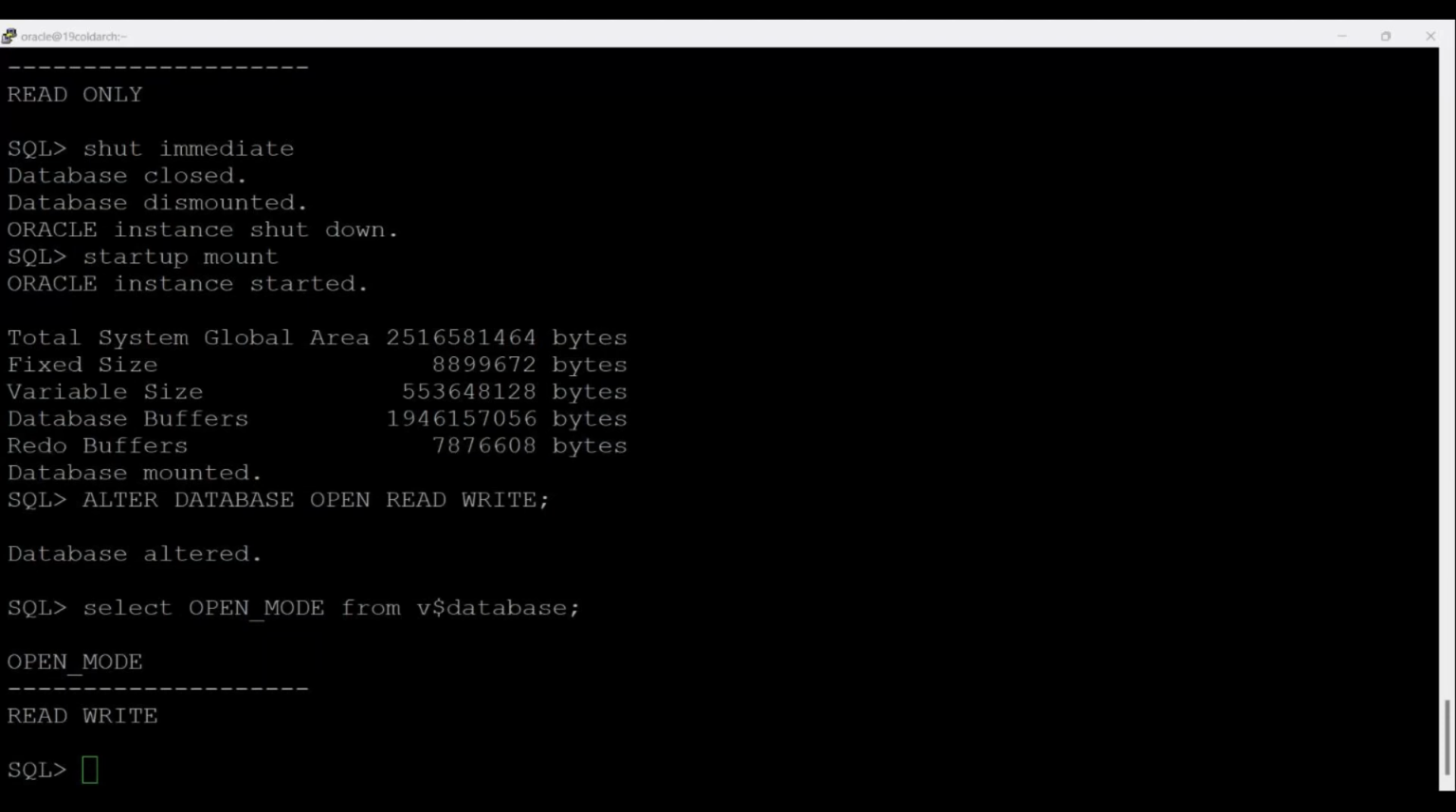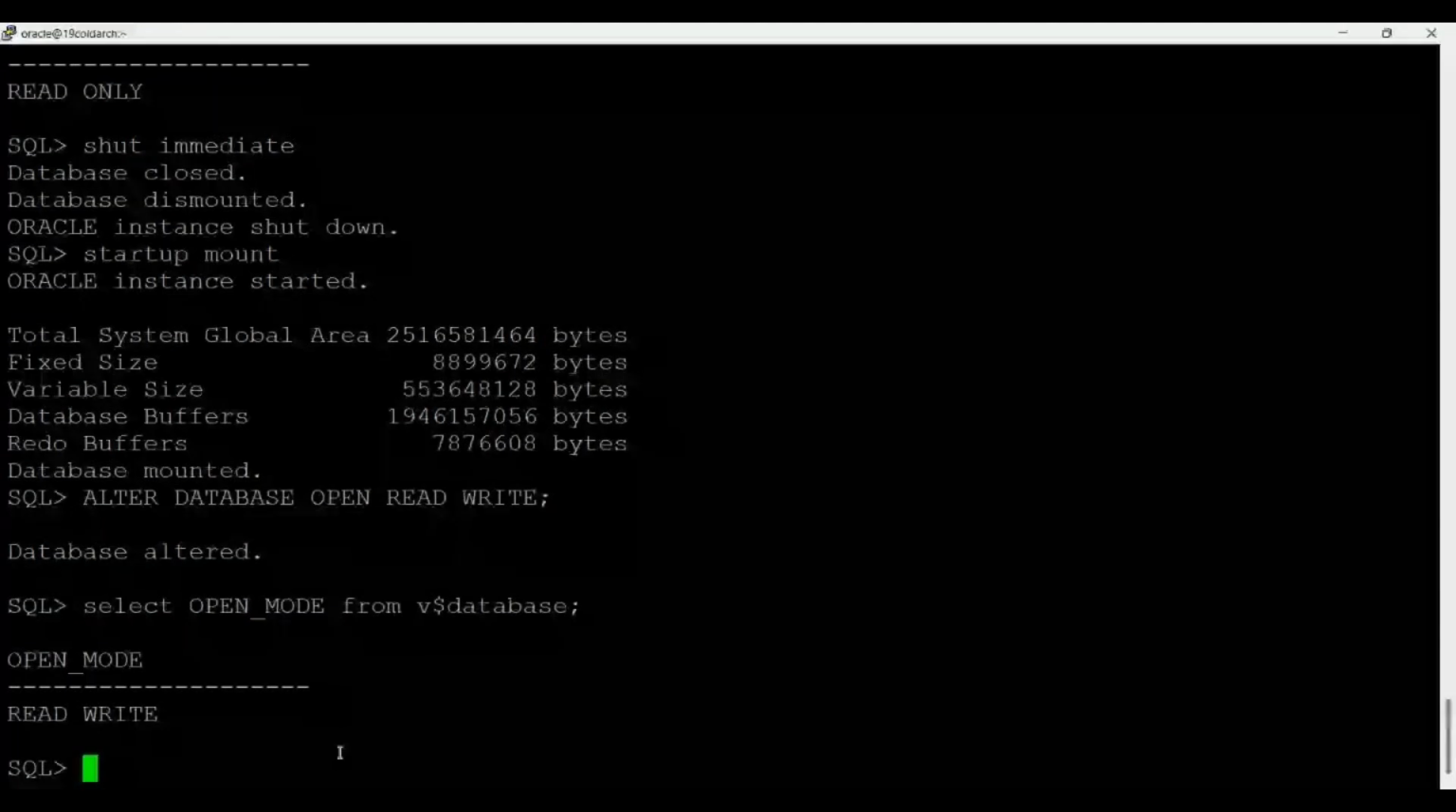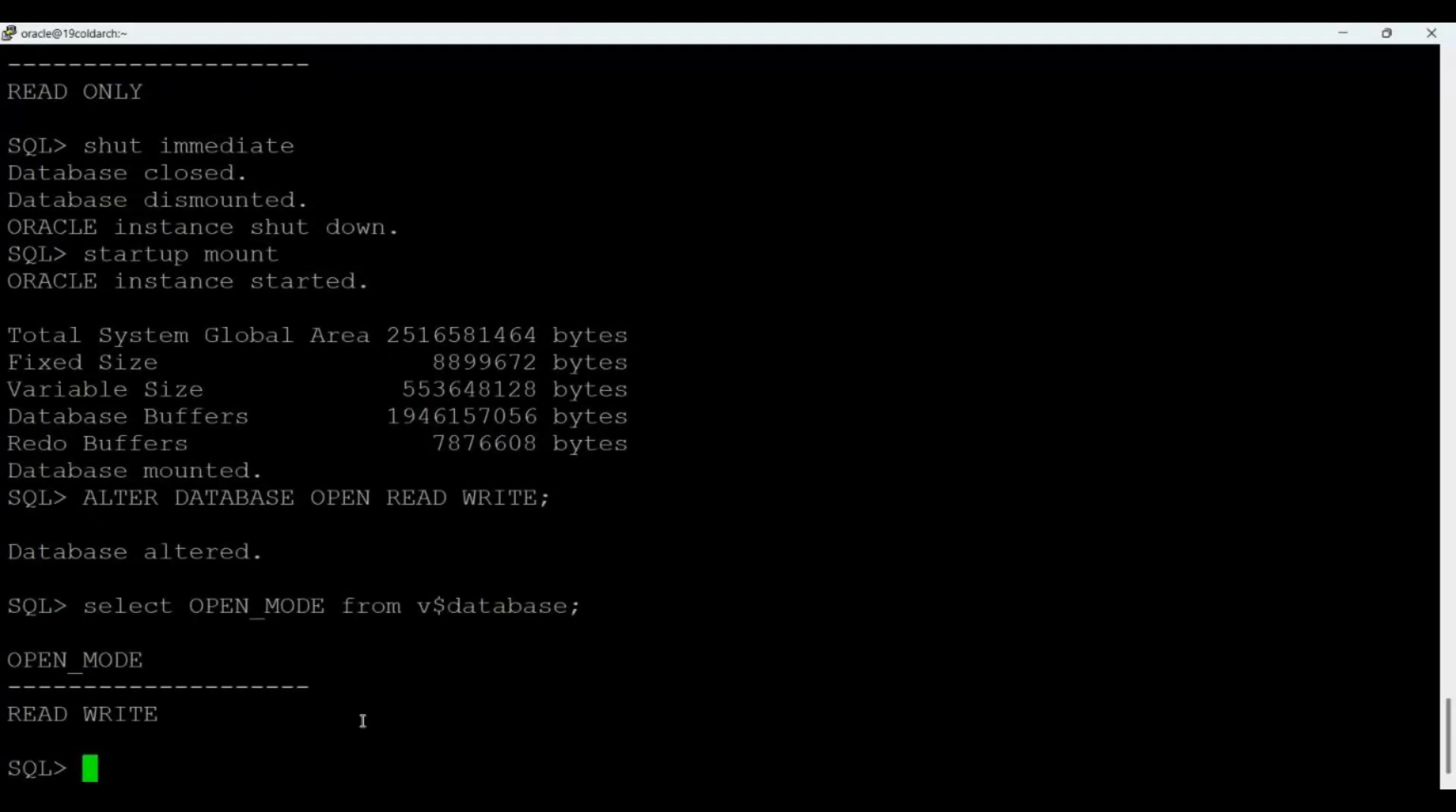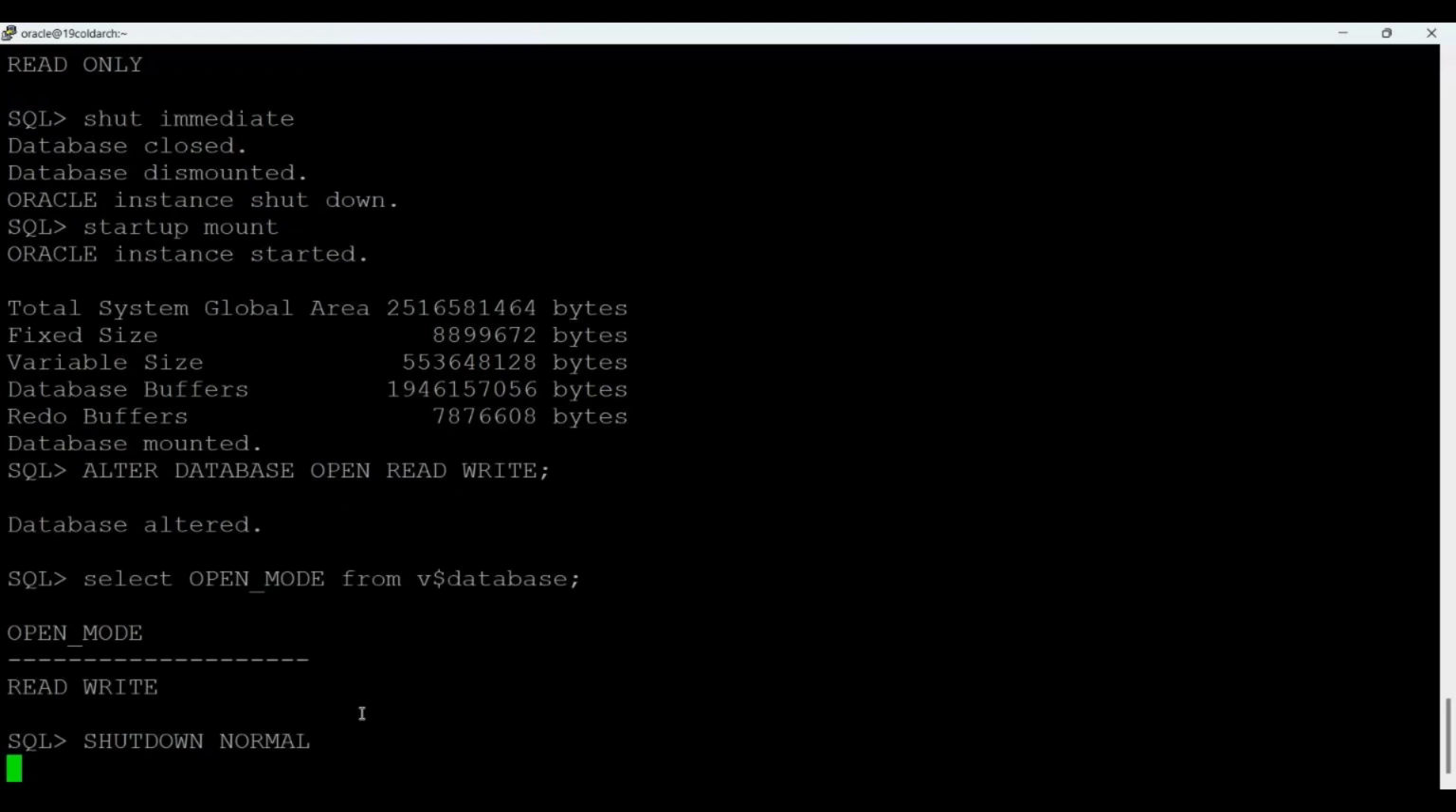So meanwhile you are answering, I'm displaying this. Shutdown normal, or you can type shutdown only, both are the same. Okay,